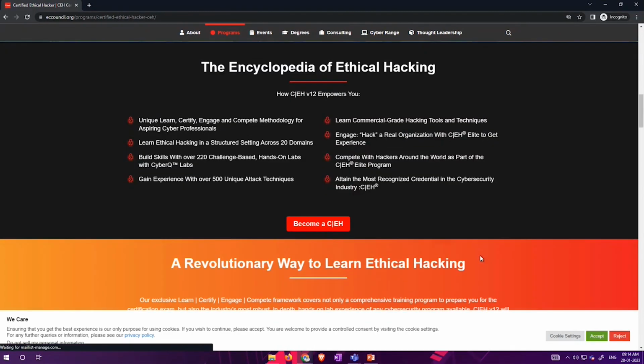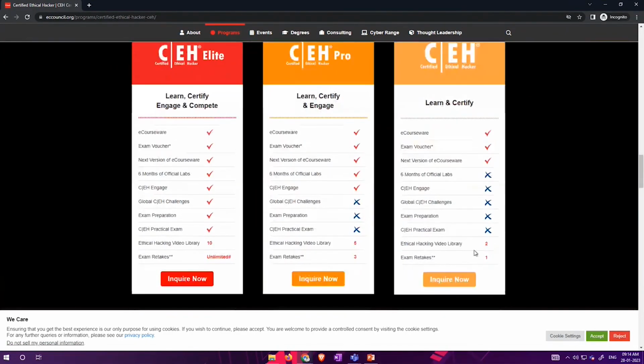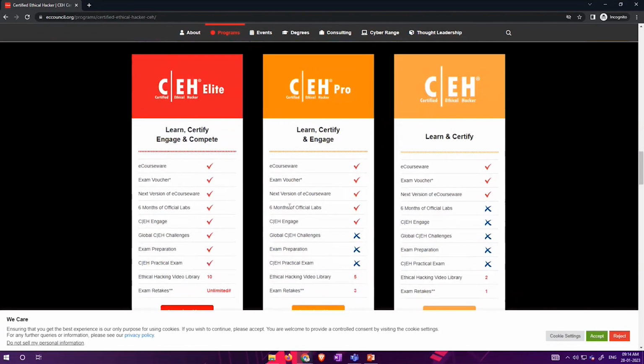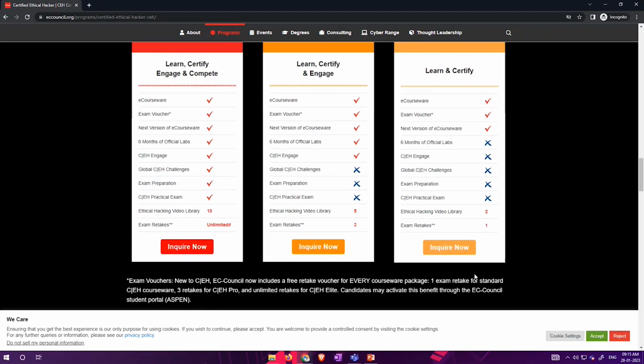In the CEH, we have different packages. If you want to go with the examination, you have to contact Nitish sir or Anshuman sir for purchasing the package, so that you can decide after training if you want to go with it or not. And being certified is the best thing you can do. These are the 3 packages: CEH, CEH Pro, and Elite. And for India we have CEH Lite also. It doesn't have the exam retake, but for the pricing you can contact Nitish sir or Anshuman sir.